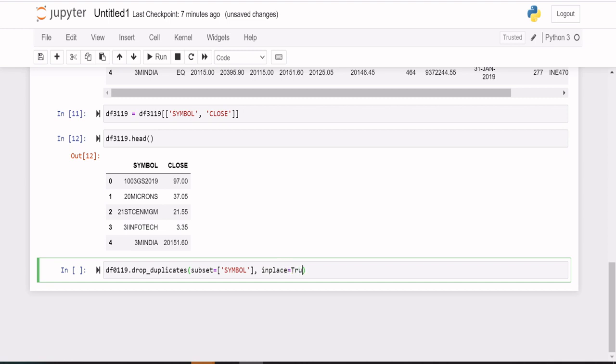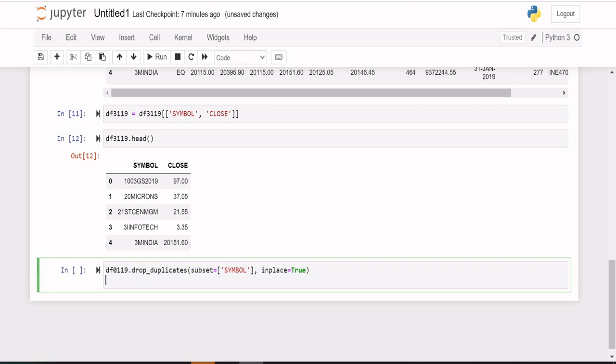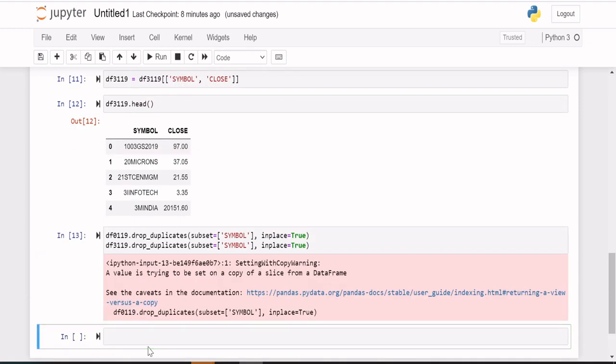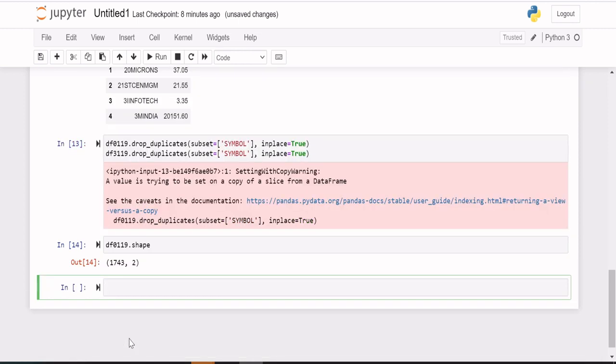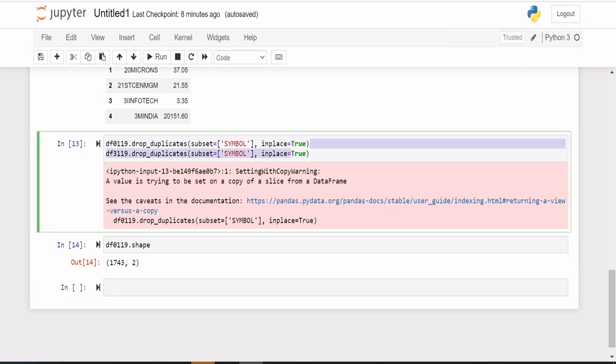Whoever is watching this video, I suspect they are aware of Python and pandas. Similarly, let me remove the duplicates in the 31st date also. df0119.shape, so it has removed the duplicates compared to previously.